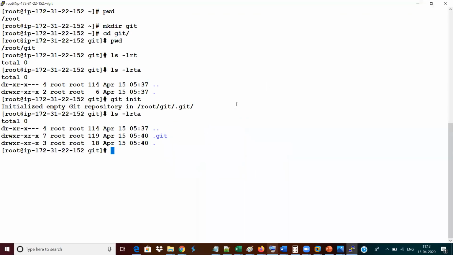So you need to first install your Git. In that, the .git folder would have got created. That is what you are able to see now on the screen. But you are standing under the folder called root/git. So root/git is the current path where you are standing. That is what in Git language you call the working directory.